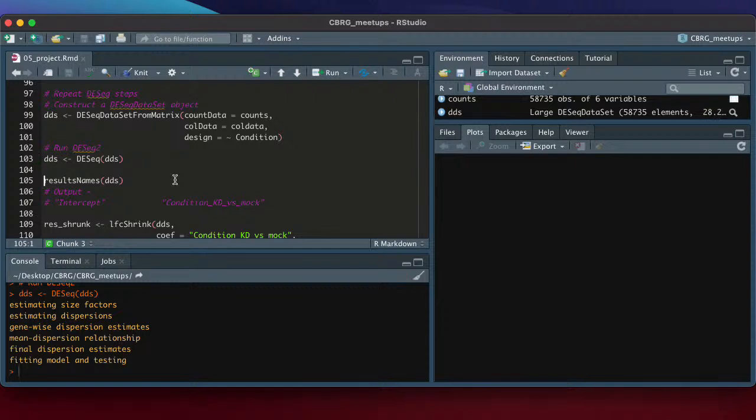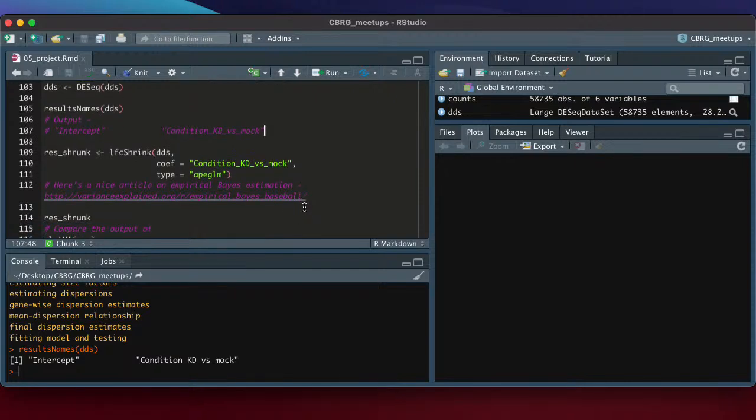And once you've done all of that, you can confirm to yourself that the coefficient of interest, this beta1 coefficient, is now in the right direction. Now instead of comparing mock to knockdown, it's comparing knockdown to mock. Sorry, this might be a little bit confusing, but these kinds of issues are very real in programming in general. So it's great that DESeq2 has these functions, or these functions might even just be from SummarizedExperiment. It's great that there are these functions that allow you to do gut checks along the way. So now we know we're comparing things in the right way.